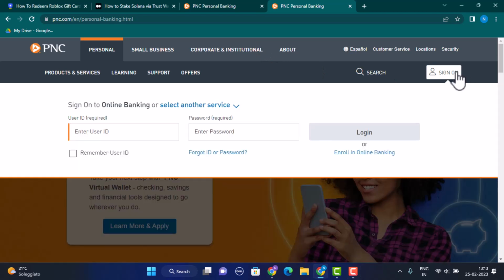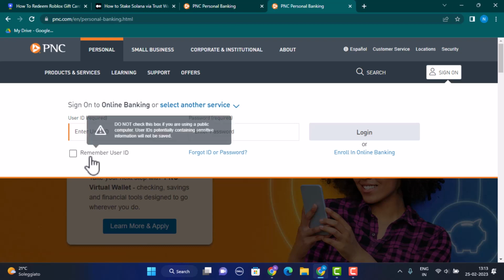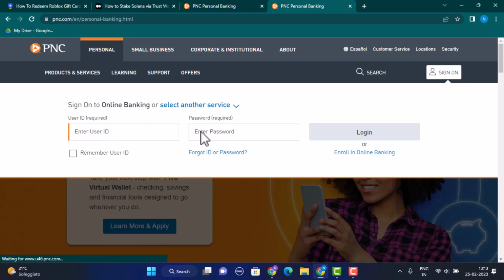Click on it. As soon as you click on sign on, right at the bottom a drop down menu appears, and here you need to provide your login information. First of all, you need to enter your user ID and the password. In case you're unable to log in because of incorrect information,